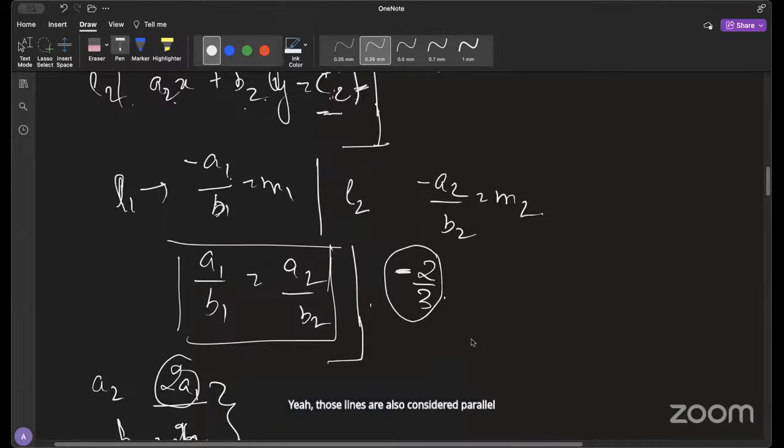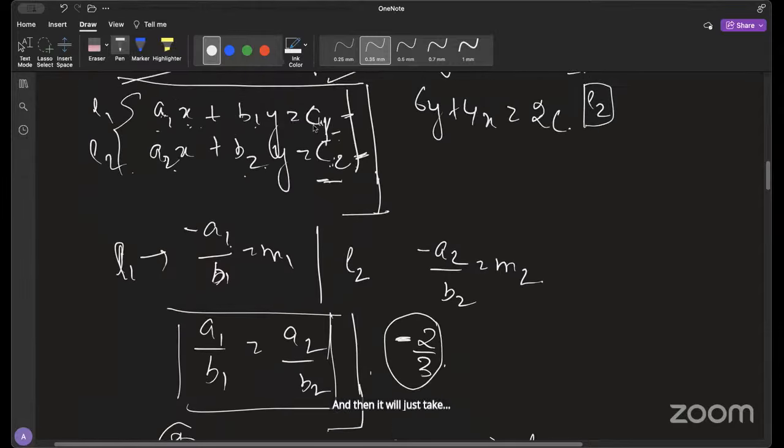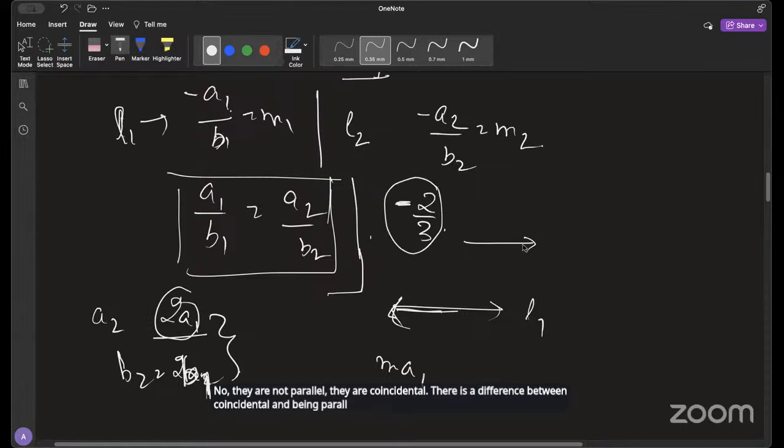That's what I was going to come to. If you have a line L1, and then if you just take, let's just say this is your line L1, and if you will Ma'am, take they will be coincidental, na? They will not be. They will Yeah, not be the parallel. same parallel. line, it's the same line. If line is overlapping another line, it is also parallel. No, Coincidental they are This is lines not are parallel. L1. They always are parallel. coincidental. There is a difference between coincidental Parallel. and being parallel. No, no, no, no. Check on First, internet. they are parallel. They are Okay, parallel. stop 100% they arguing, are guys. parallel.